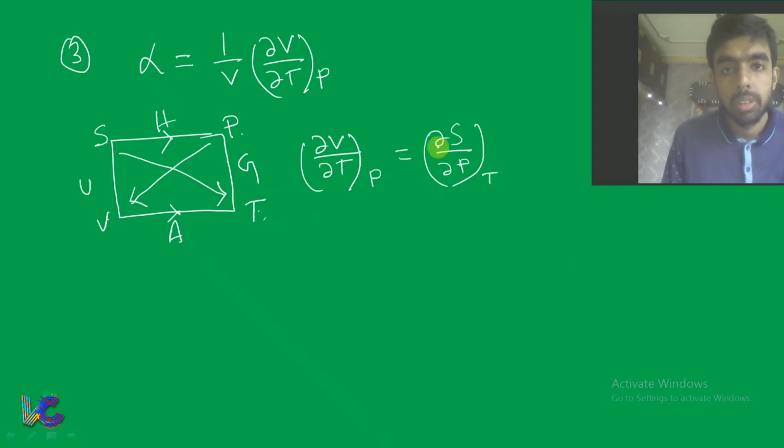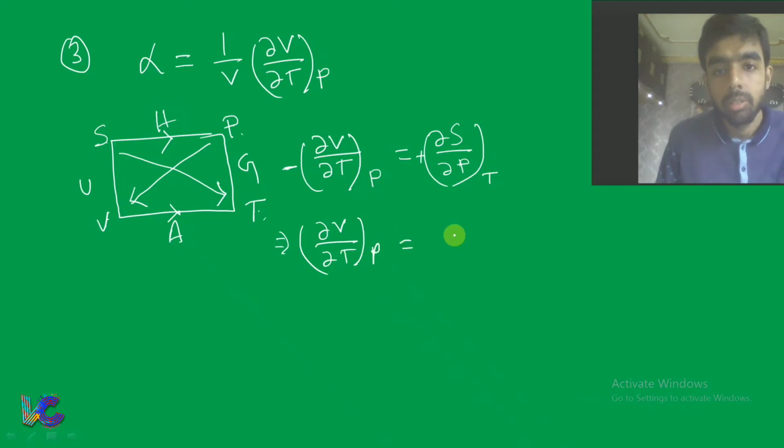Now you have to check the sign with respect to the numerator. S, the arrow is moving away, so there will be a positive sign, and with respect to V, the arrow is coming closer to V, that means there will be a negative sign. This we have already discussed in our lecture on the Born thermodynamic square from the mnemonic technique. We know how this comes. That means del V del T at constant P is equal to minus del S del P at constant T. This you know from the Born thermodynamic square.